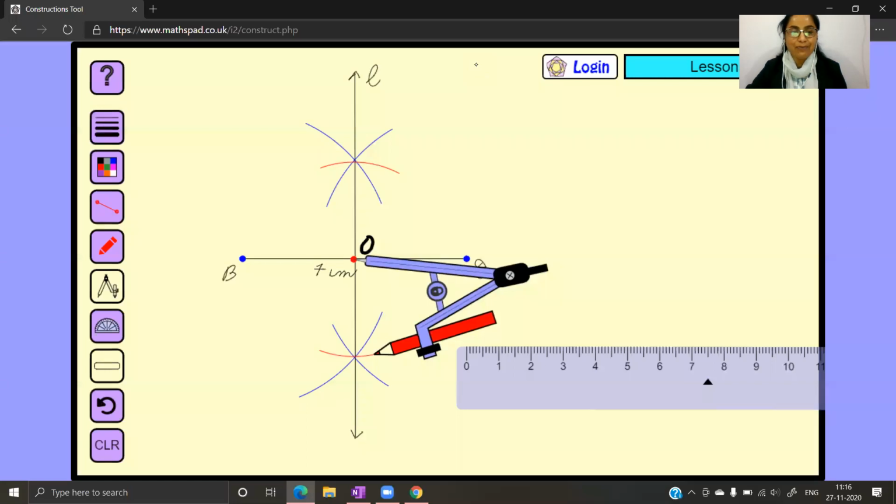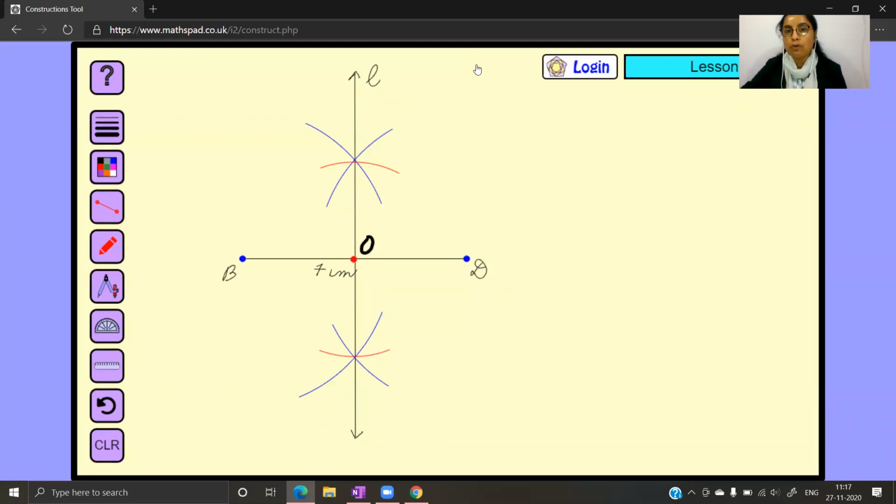Now, right now, I have obtained the point passing through the same intersection. It could be below or above. It's not necessary that you would get exactly the same as I have obtained here. The arcs that I just marked from O, the red ones, may be above or below the blue arcs, or it could be exactly passing through the same intersection. So it will depend on the radius you had taken. Don't worry if it doesn't match with mine.